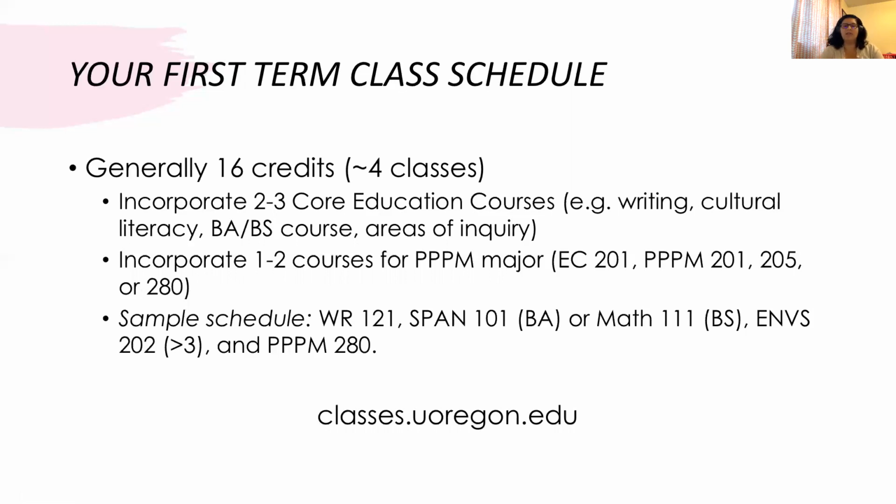Courses do fill up, and so by the time that you actually register, a course may not be available anymore, or it may conflict with the time and date of another class. So we want to look at alternative options. I'll quickly share with you the classes.uoregon.edu website, just to sort of refresh your mind on how to navigate that piece of registration. It's a really useful tool when you're filtering out subject-specific courses or core education-specific courses, because it's going to make your experience just a lot easier when you're registering for classes.